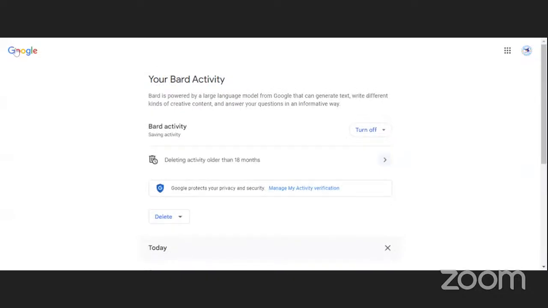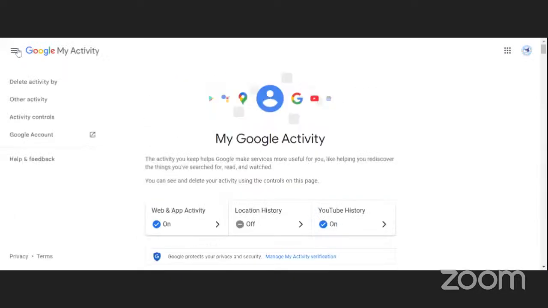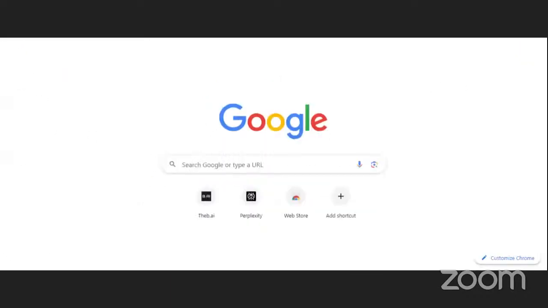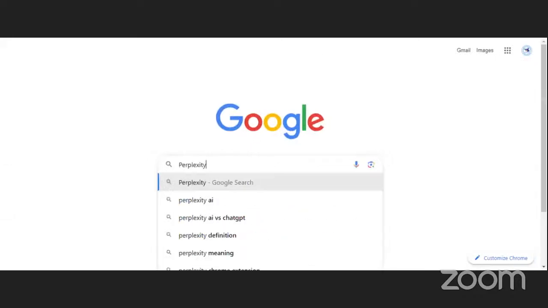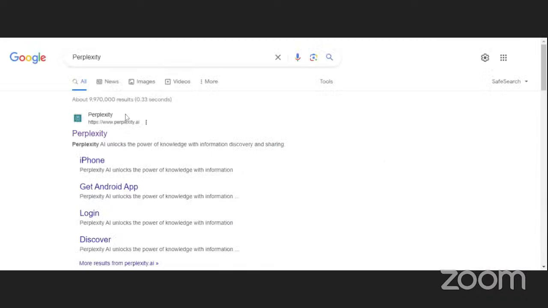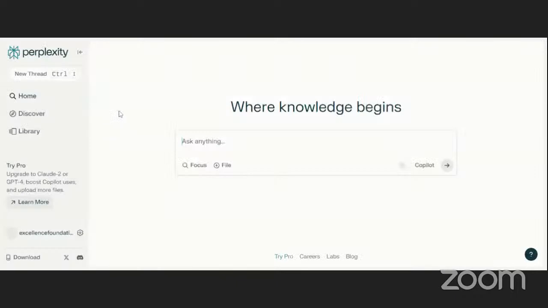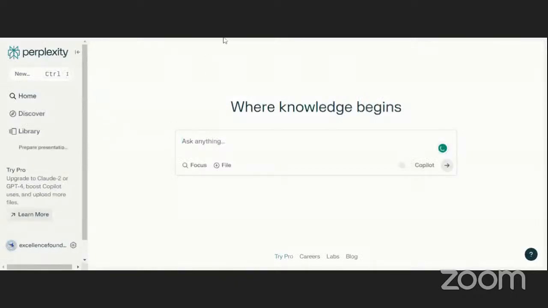So we can come back here to Google. When you come here, just type Perplexity, then you search, and it is here. The first one is perplexity.ai. But with this one, you will need to create an account. For you to have records of your chats, it's good that you create an account. But the good thing is,